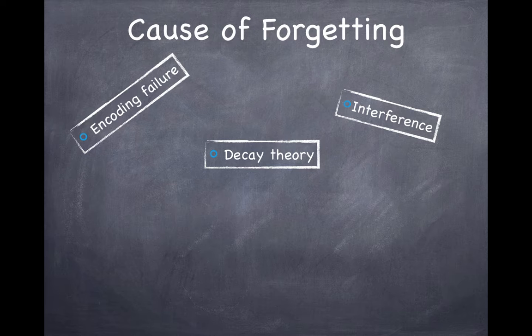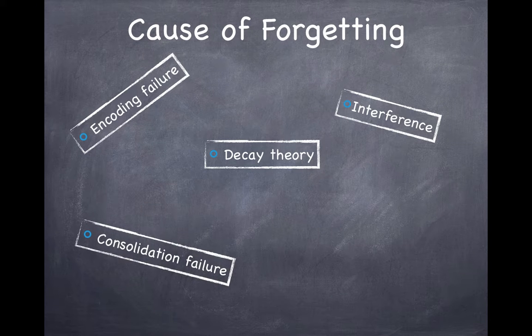Now, one of the other features is what's called consolidation failure. This is not something that students normally experience, but consolidation failure as to why we don't remember something is due to injury. If you lose consciousness while you're learning something, you stop learning as soon as you lose consciousness. And when you wake up, whatever you were exposed to while unconscious, you will not have recall of. That just makes sense. So that's one reason that we forget, but that's not typically, as a student at least, why you might be forgetting.